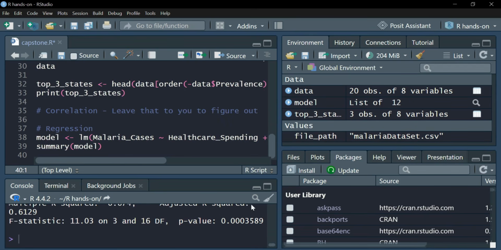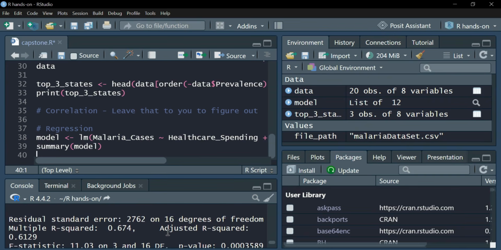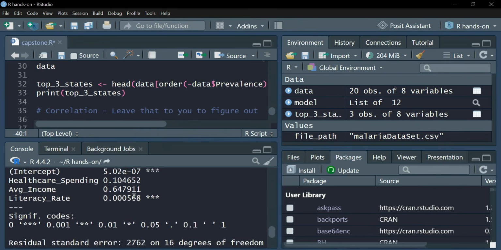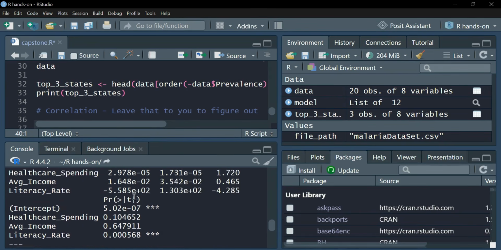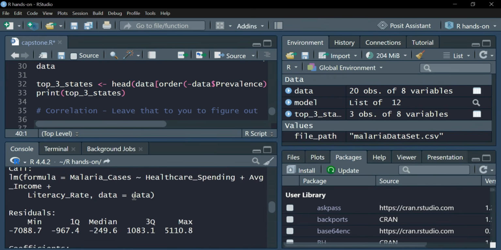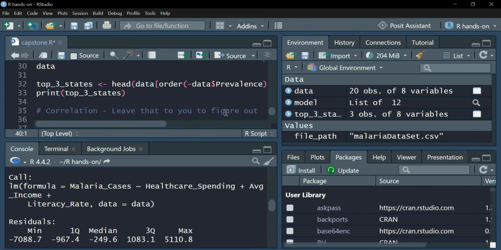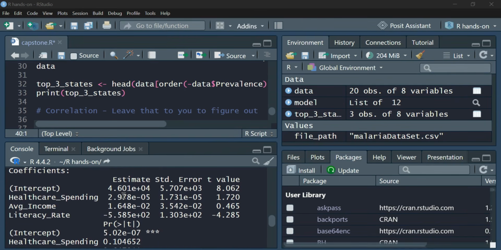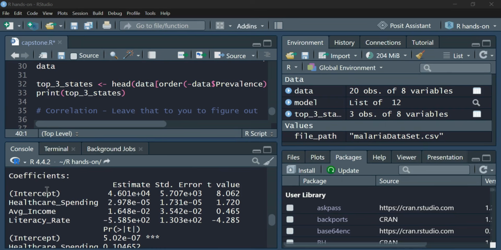And if we want to see the summary of the model, we can now see a few things that we'll quickly have to talk about together so that you understand this. Understanding of statistics comes into play at this place, so that you'll be able to interpret your scores, your model output. So it's showing us the minimum, the first quarter, the median, the 75th percentile, and the maximum of our data that we have. And we have coefficients that we can take a look at: the healthcare, average income, literacy,